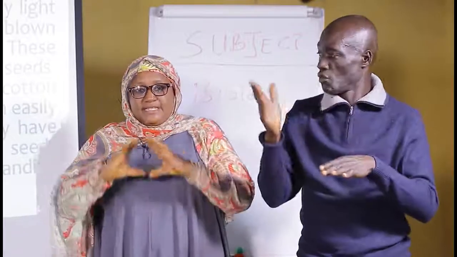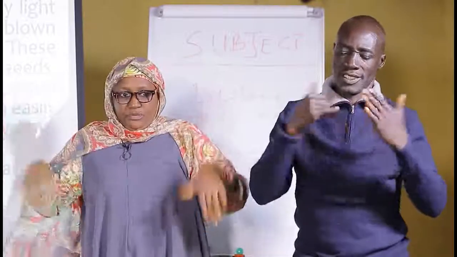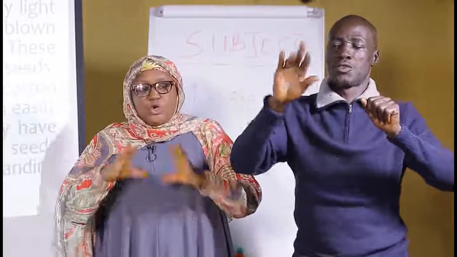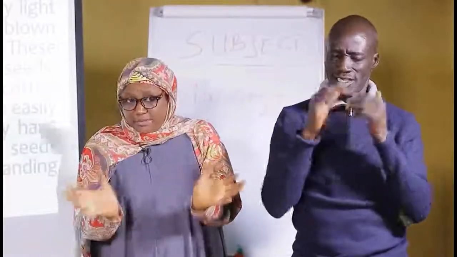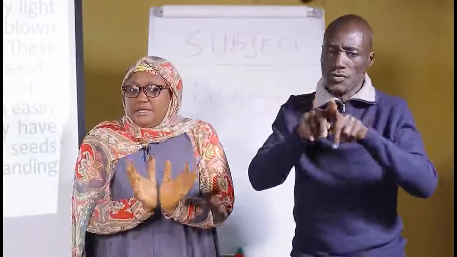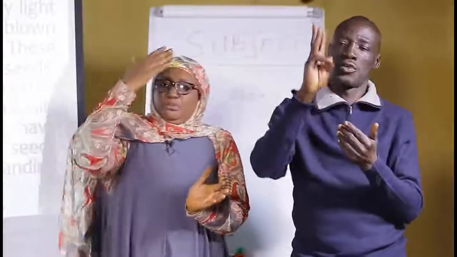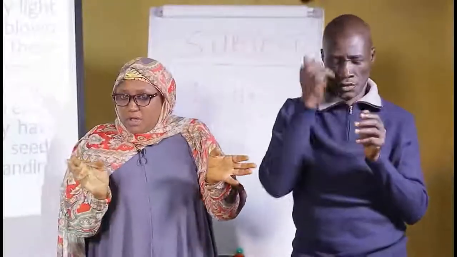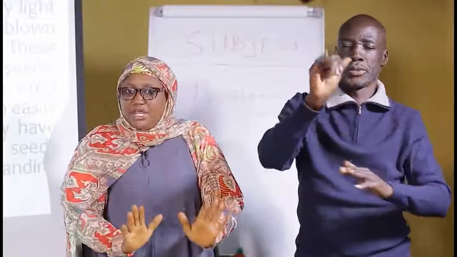Combretum is a plant whose seed has a wing-like structure, like the wing which birds use in flying. So the combretum is a plant, it's not an animal, but it has a structure attached to the seed which looks like a wing. So that makes the combretum to be dispersed by wind. When wind comes, it easily blows the seeds. Because of the wing-like structure, it floats on the air,